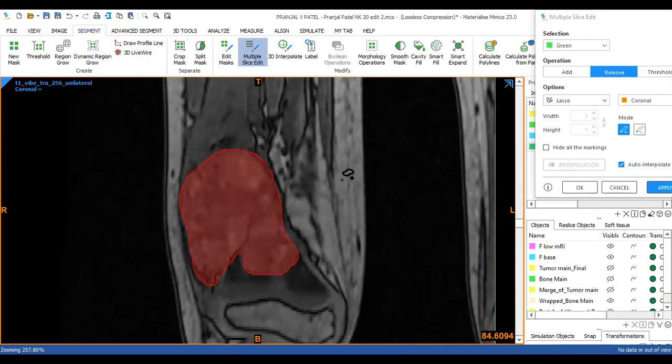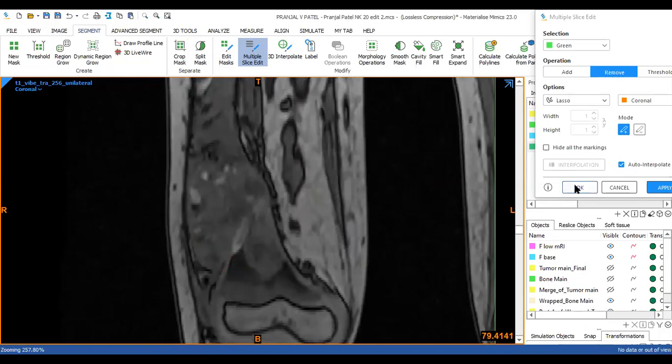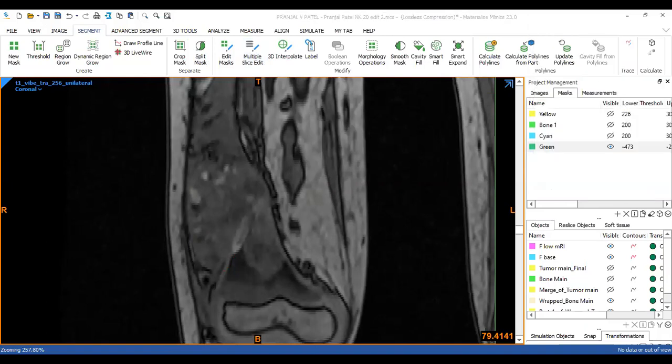So like this, I will try tracing the entire tumor, right? Once I'm done with creating the mask, I'll click OK. So let me switch the view to the original files that I had done so we can visualize.